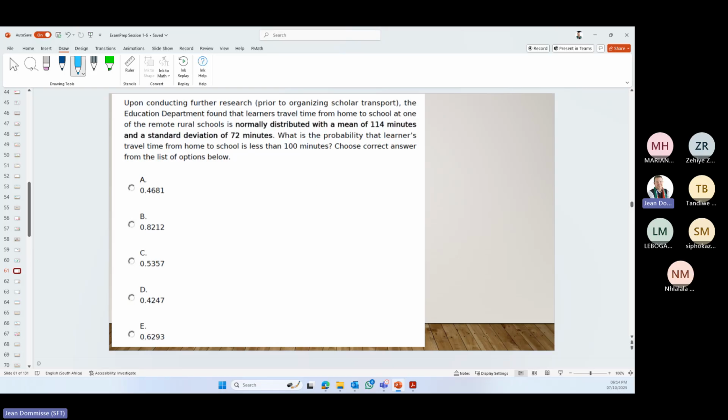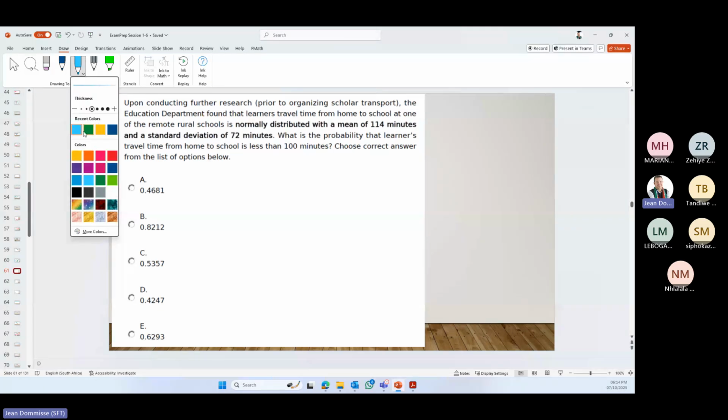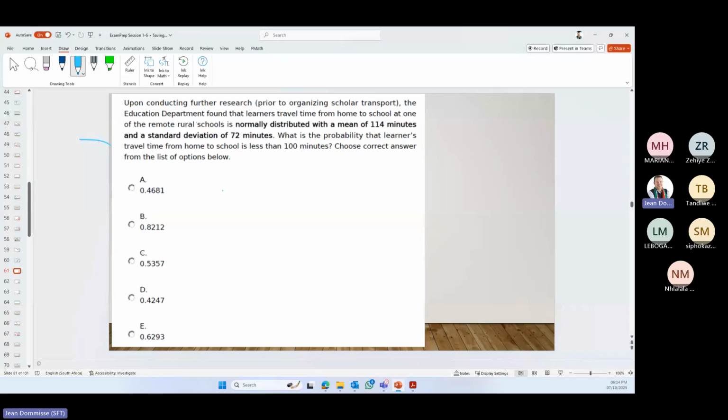So once again, most likely what we need to do here is we need to get a Z, and from there we need to get to the probability. So let's read what they give us. Upon conducting further research, the education department found that learners' travel time from home to school at one of a remote rural school is normally distributed